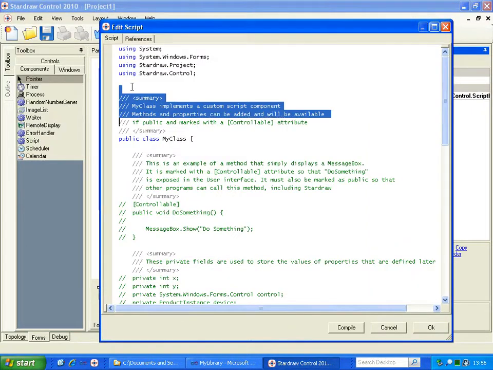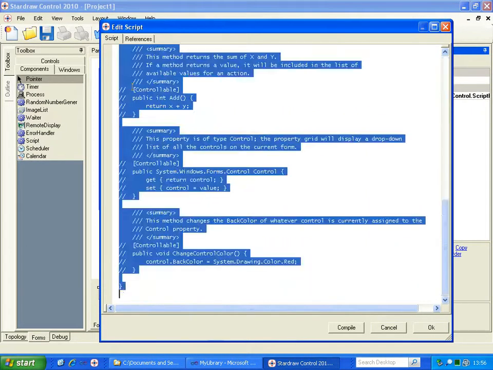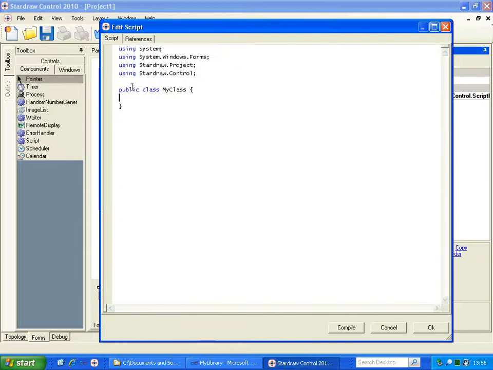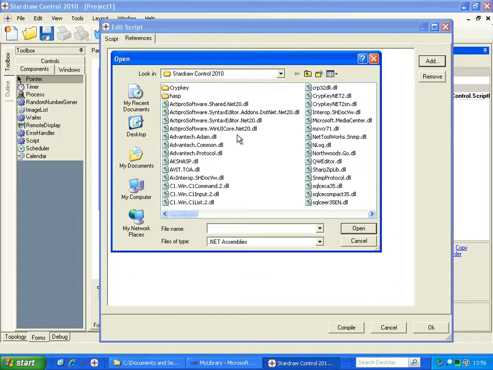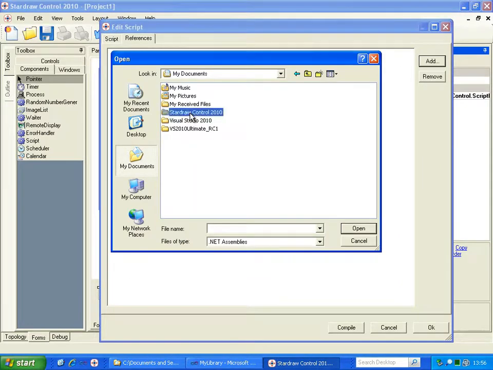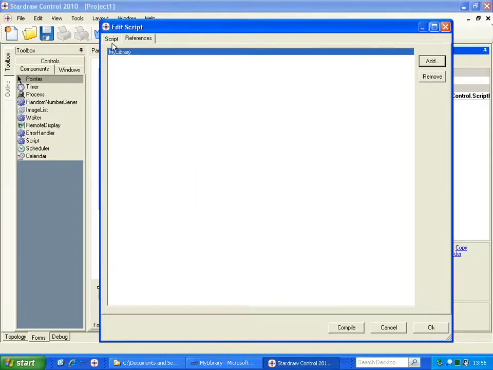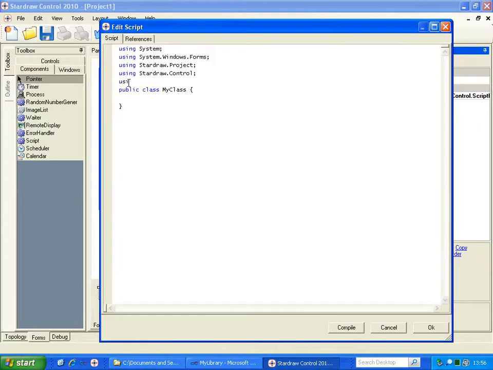Let's remove all the comments that we don't need, and let us add a reference to that DLL that we've written. So if we go to my documents, Control 2010, my library, we can even then add in a using my library statement,